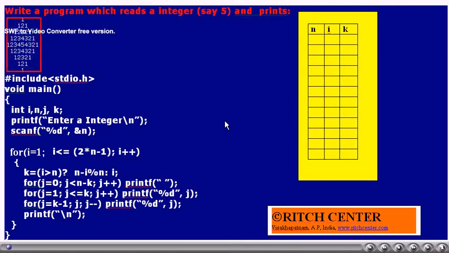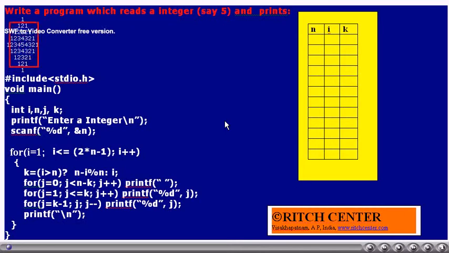That is an increasing order, followed by a decreasing order. Similarly, row 5 also, 1 to 5, then 4 to 1. Thus, in a nutshell, every row contains a series of spaces followed by an increasing order series of numbers and followed by a decreasing order series.